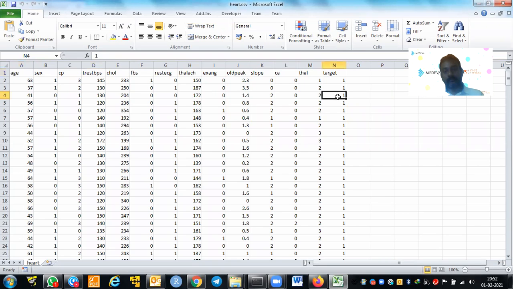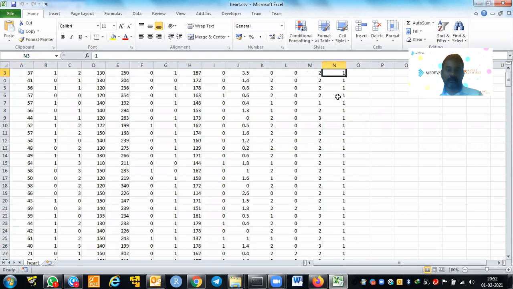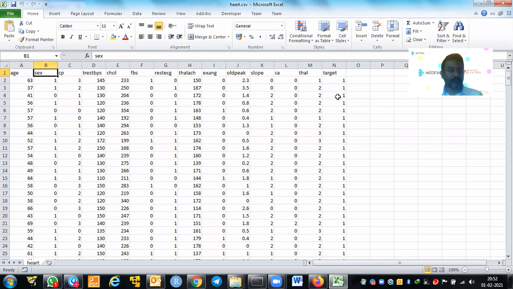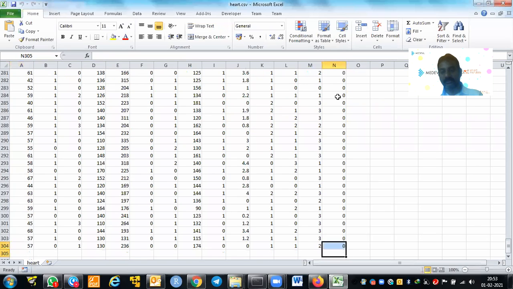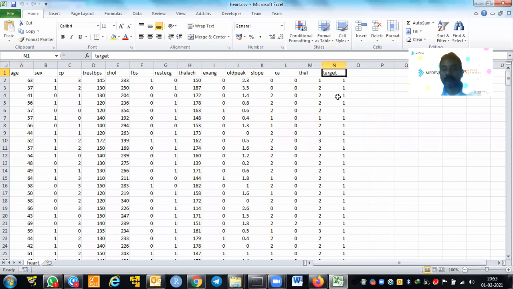You need to find whether a particular person will get heart disease or not based on age, sex, CP, all these variables. Because your dependent variable is 1 or 0, whether you get heart disease or not, this problem becomes a classification problem. Hence, your project is a classification project where we need to predict whether the person will get heart disease based on all these variables. If you get future data, you need to predict whether the person will get it or not. Correct?